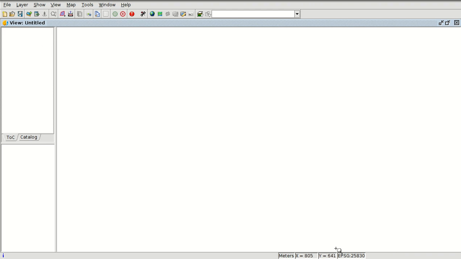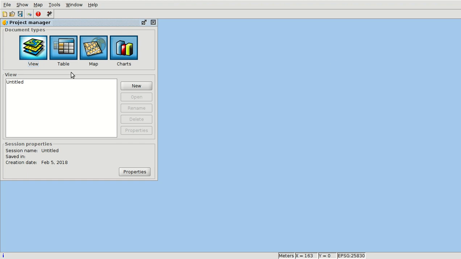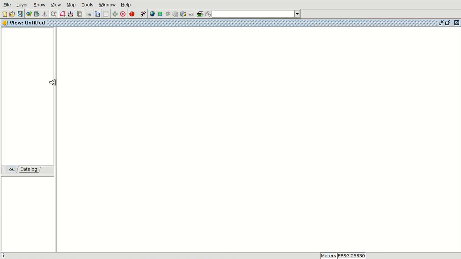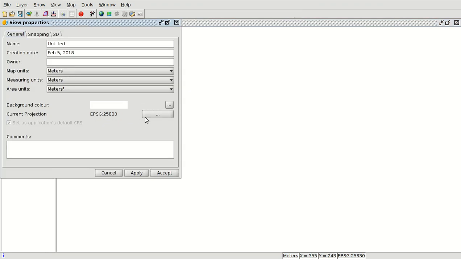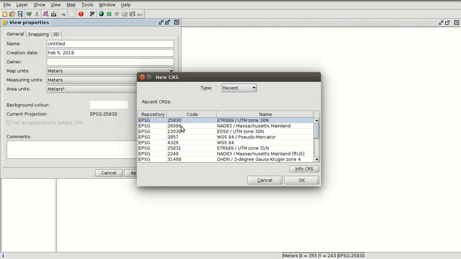For example, we are going to change the reference system for the view. In this case we are going to view. If you are working with the 2.3 version, you have to access view, and then you have to create a new view. So with the new view we can access view properties, and we are going to change the reference system of this view. In this case it will be this one,